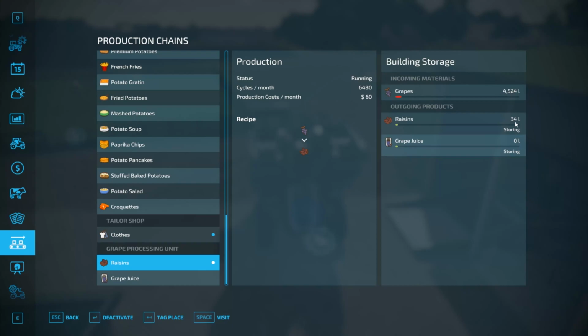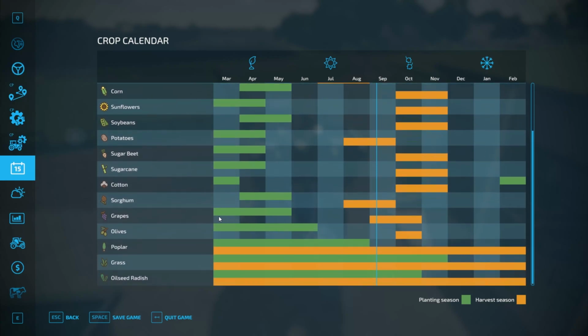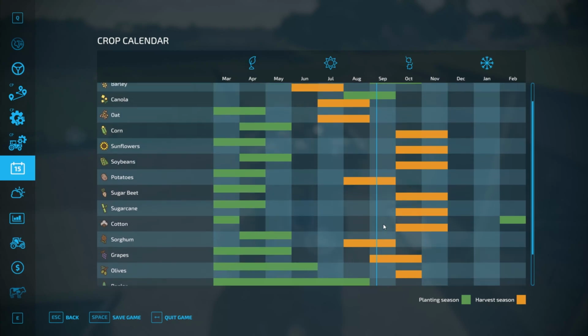4,524 plus the 34 that's already in there. So about 4,500 litres worth. And it's only once a year, if I remember rightly. Yes. 3 months of planting it and then 2 months to harvest, which we've harvested already on the very first